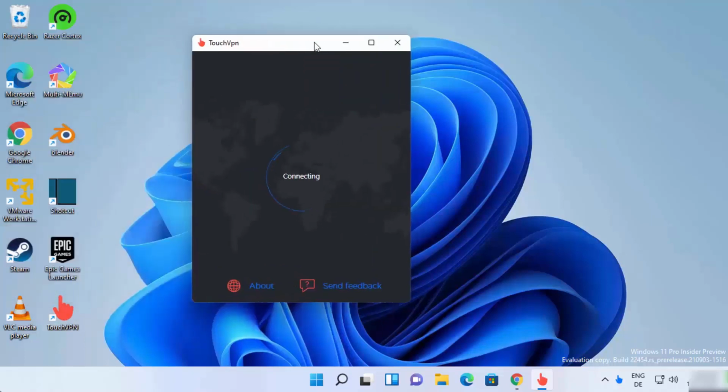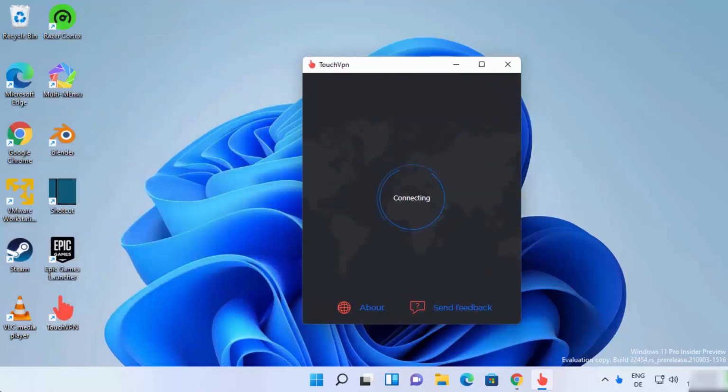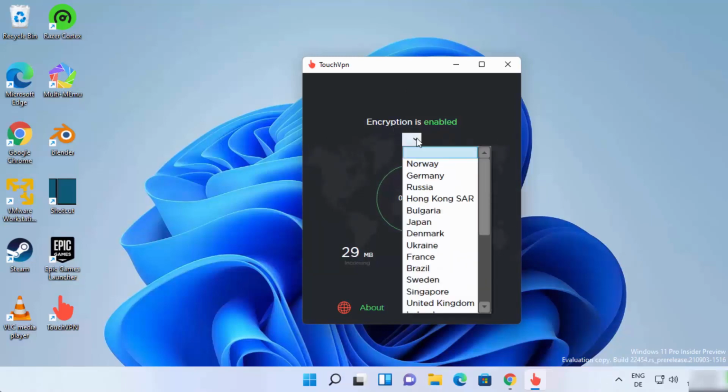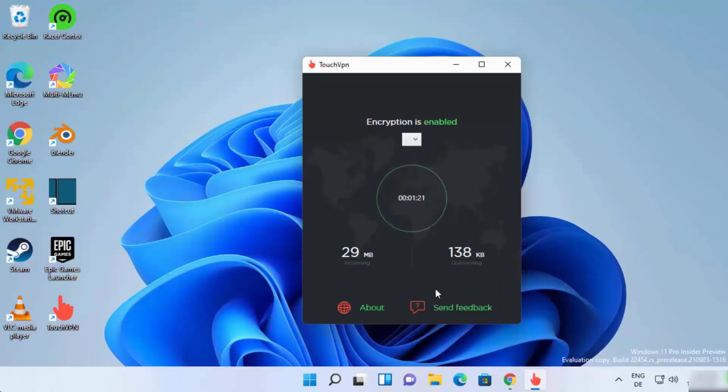And once this TouchVPN software or app is installed, it's going to start automatically, and you can see it says encryption is enabled. So from here you can select the VPN server from this list from any country which is shown in this list. So let's say I want to have a VPN server from Australia. So I can just select Australia, and then you can see Australia is selected, and now the VPN connection is